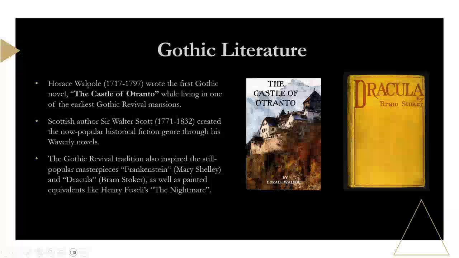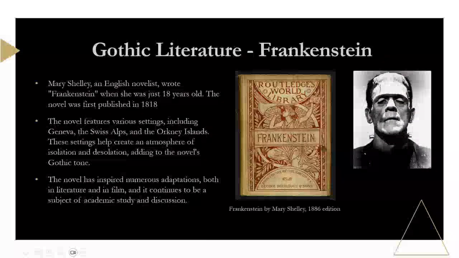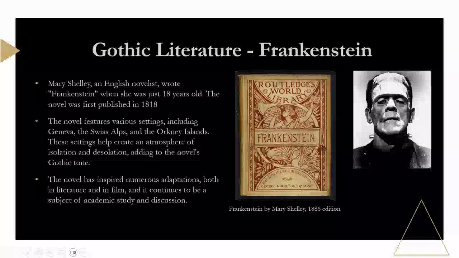The stories look into the darkest parts of the human mind, and this is also a mark of the Gothic: to delve into the deepest corners of the human psyche. We see that, for example, in Frankenstein. We had The Castle of Otranto, which is some of the most Gothic works. But we also have Frankenstein, as I said, or the Modern Prometheus, which is a novel written by